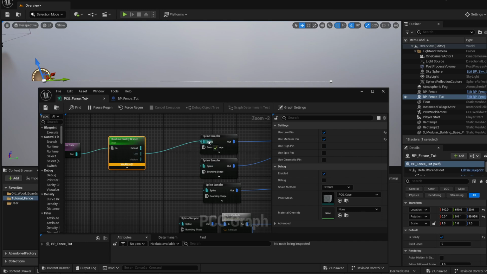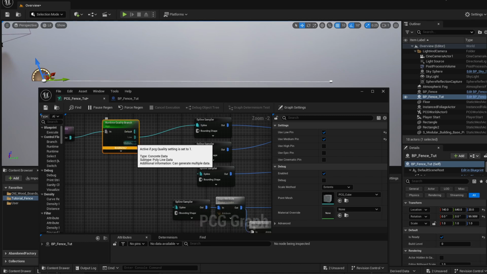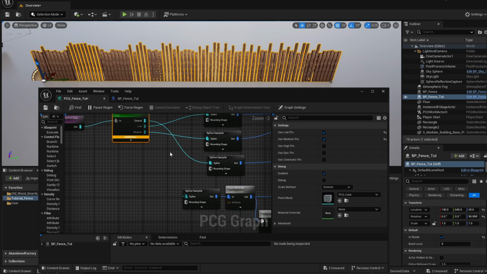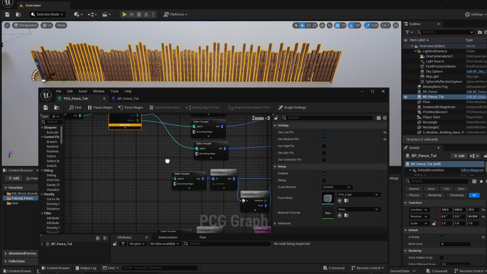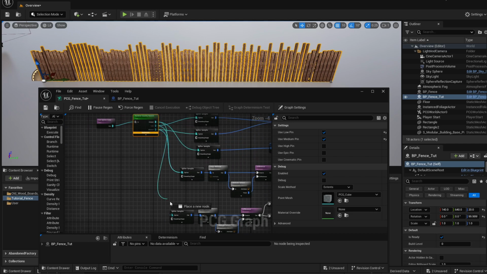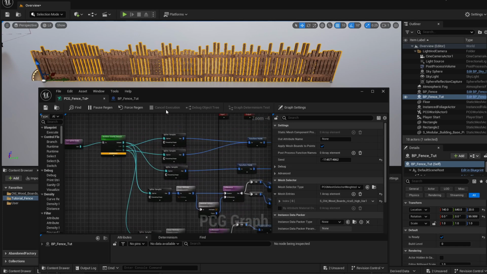So for our low setting, we'll spawn a low amount of points. For our medium, we'll spawn more, and for our higher levels, we'll spawn the full amount of elements for our fence. And here, let's do the low and medium for this top branch, and our higher with this denser field without the gaps of the horizontal level. So now